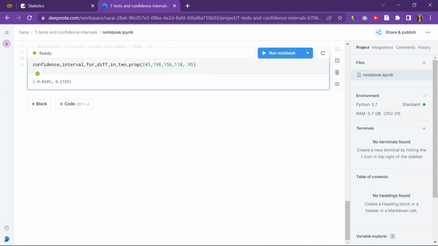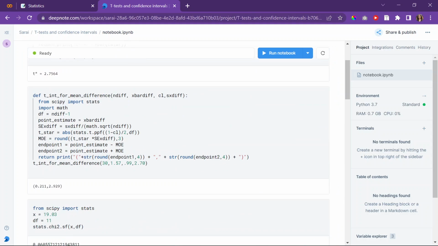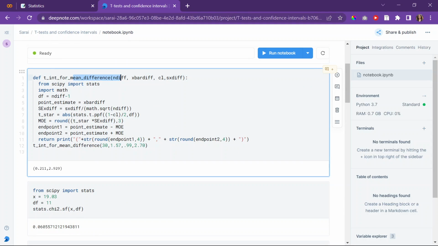So that's a shortcut. Anything else that I want to show you? Not really. Okay. Oh, don't tell me that I had it. Oh, I had it for a T interval for mean difference. Yeah, that's different. Okay. Anyway,